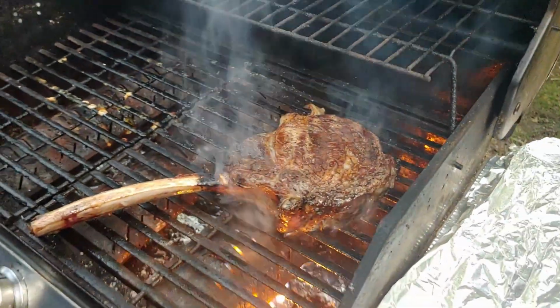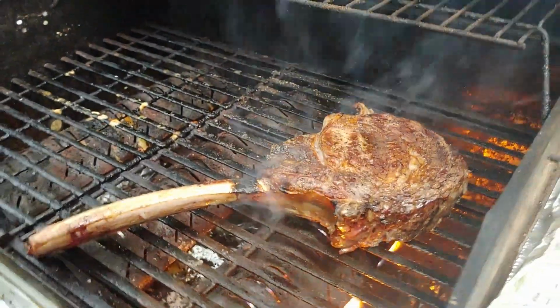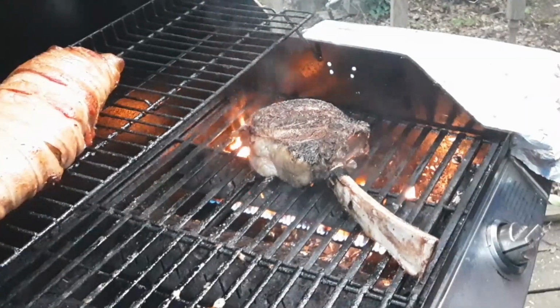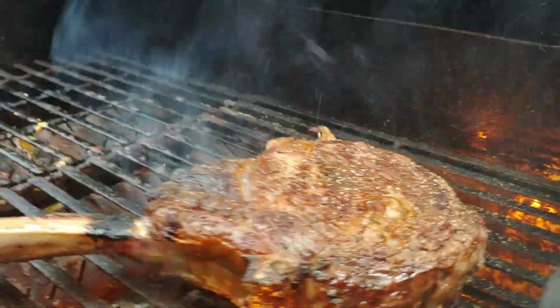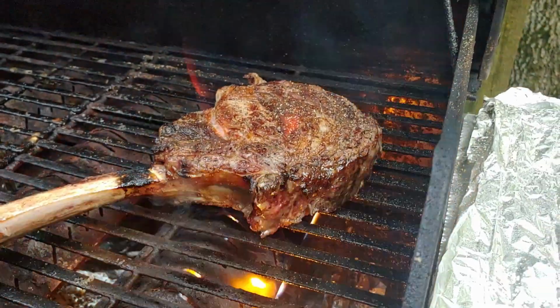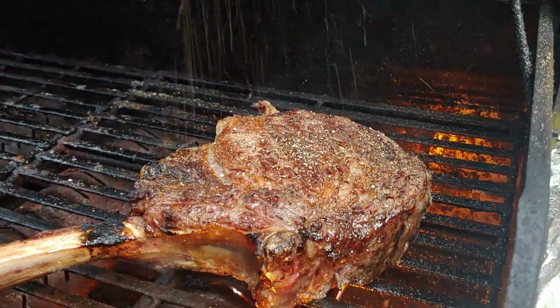Now you know how we like to do here at BluffCityGrub. We season as we cook. We do layers of flavors. So we're gonna put a little bit of house seasoning, salt, pepper, garlic, on top of the steak as it cooks on the gas grill, a little bit of cracked pepper as well. Oh man, that thing looks...